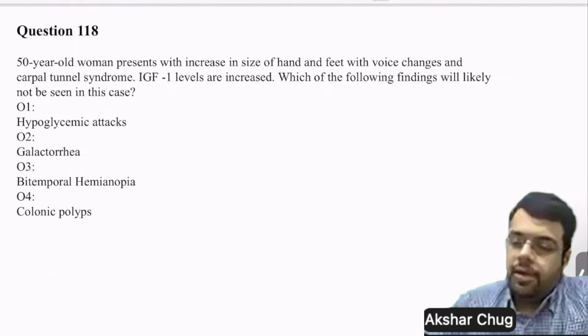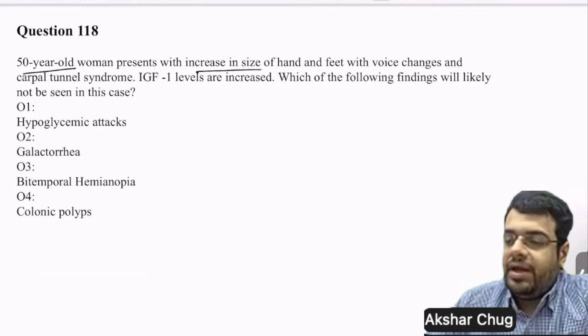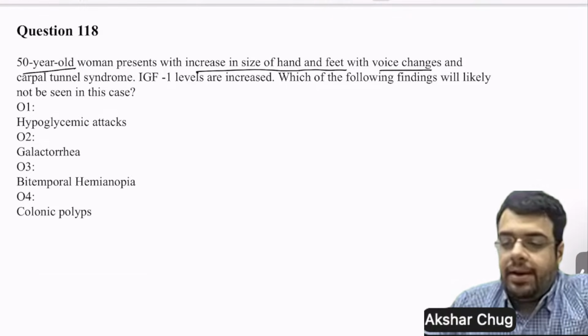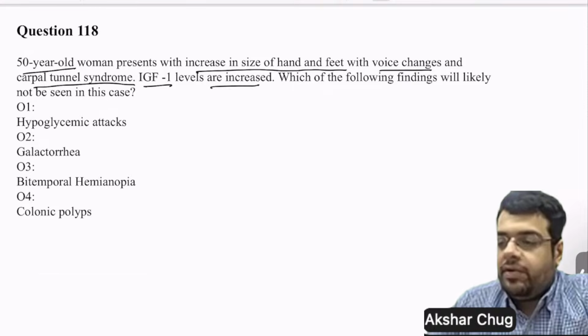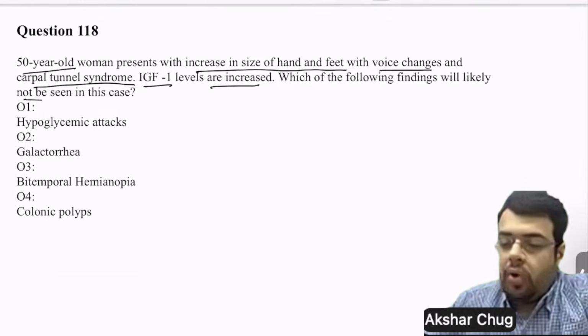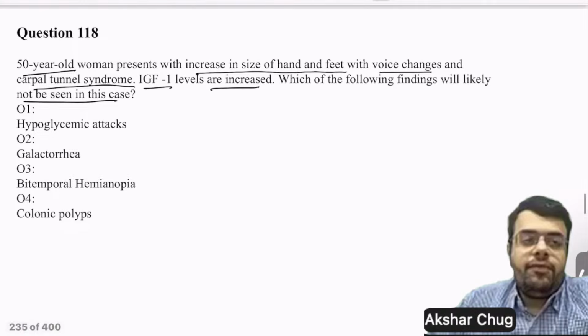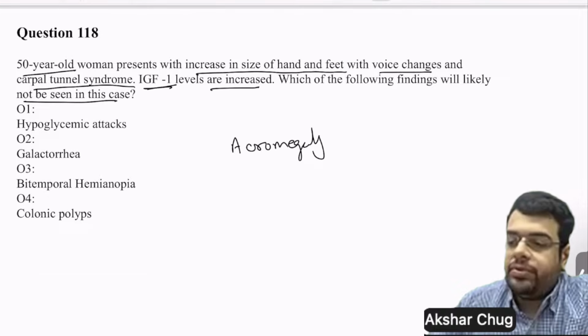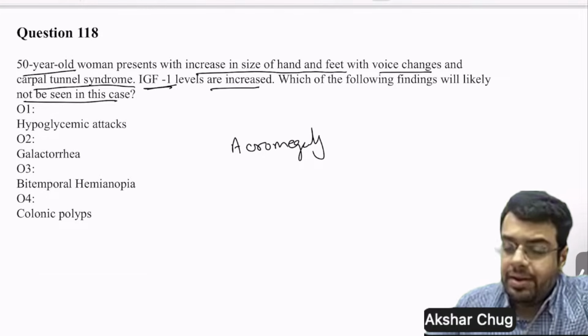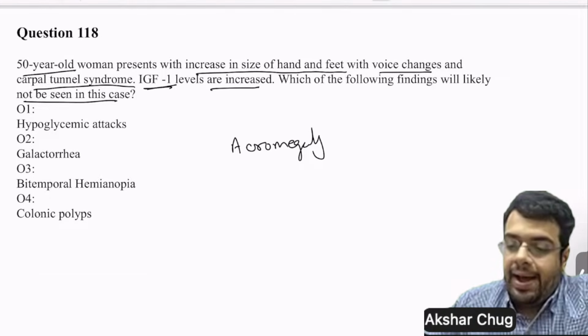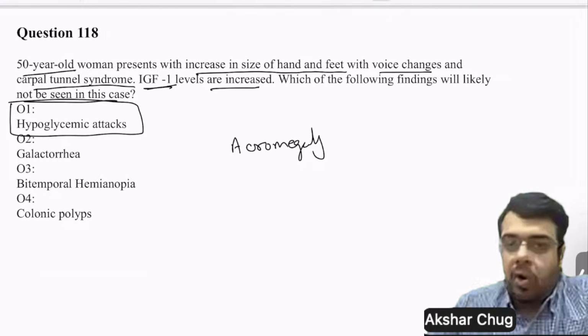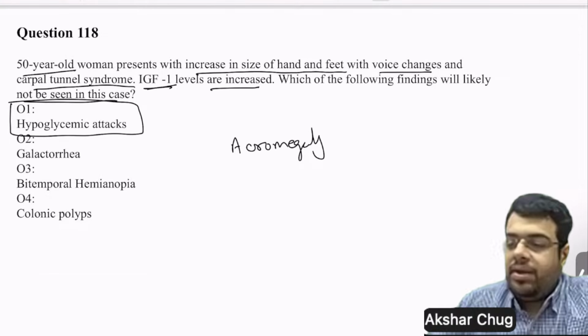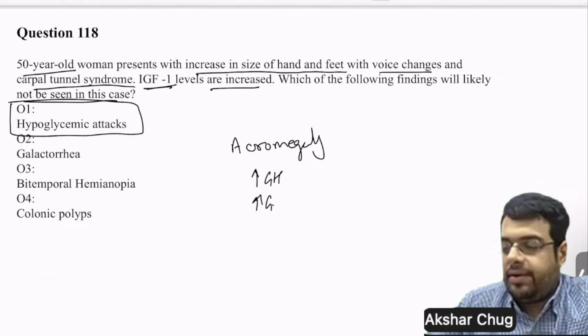A 50-year-old woman presents with an increase in the size of hands and feet with voice changes and carpal tunnel syndrome, IGF-1 is increased. Which of the following findings will likely not be seen in this case? So this is a case of acromegaly, as we can see from the raised IGF levels and also the symptoms. The options are hypoglycemic attacks, galactorrhea, bitemporal hemianopia, and colonic polyps. So hypoglycemic attacks will not be seen in a case of acromegaly because this would be due to raised growth hormone, raised growth factors,